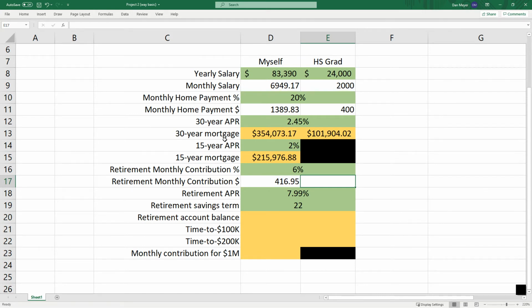And then for the high school grad, we'll take 6% of their income. Again, not to beat a dead horse, but these computations are ones that you can do on your calculator. 6% of $2,000. The high school grad will be saving $120 a month. The project description gives us a retirement APR, and we're saving for 22 years. To find the retirement account balance,